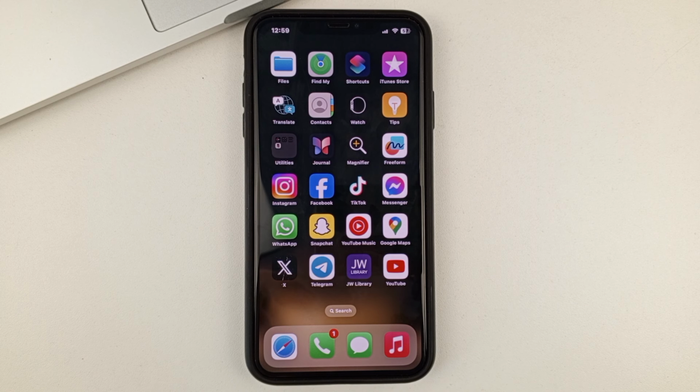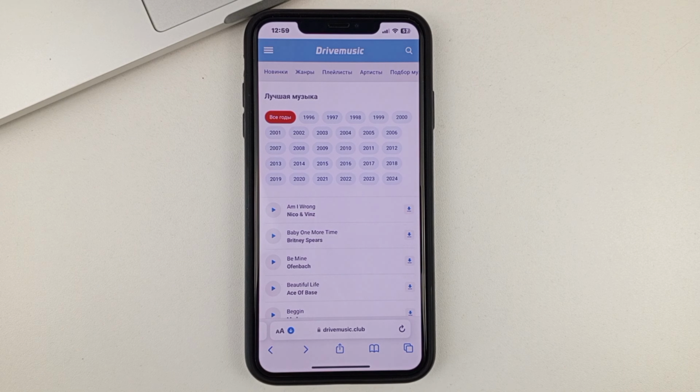So, first of all, you will need to use any web browser in order to go to absolutely any site where you can download songs. To do this, you can simply type in a search engine, such as download songs, download music, or if you want to find a specific song, you write download and the name of the song. After that, you go to a site like mine,